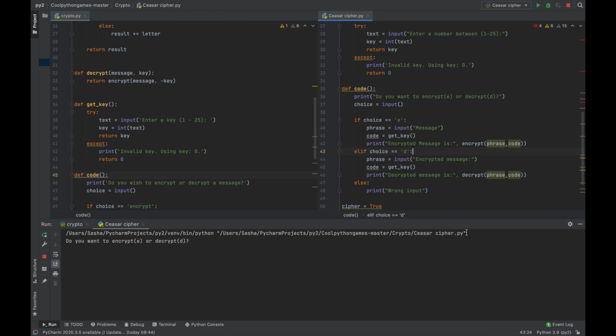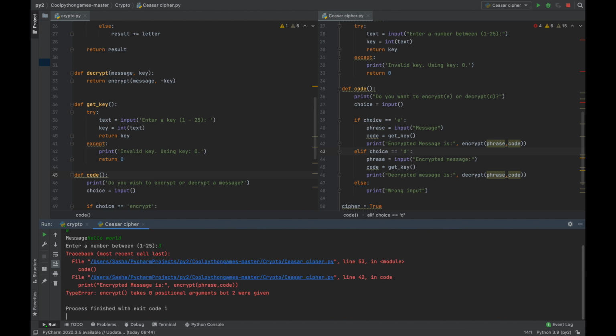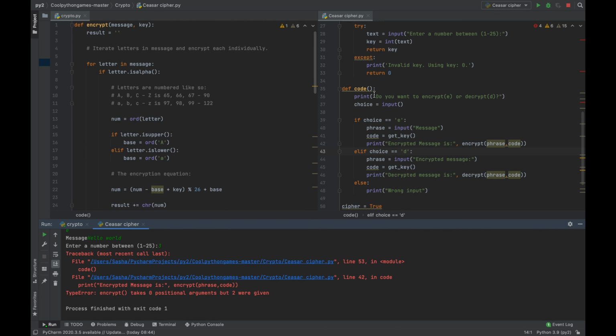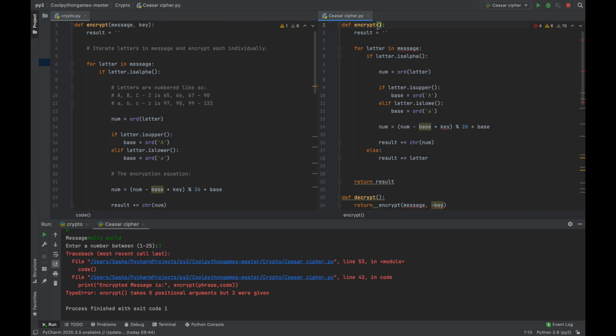And now I'm pretty sure if we run this, yes, we encrypt. The message is hello world. And number 3. Oh wait. The encrypt takes 0 positional arguments. Oh yeah, I forgot to specify here that it's message. And if you see in the error here, it says encrypt, which is there, takes only 0 positional arguments. So positional arguments are like,